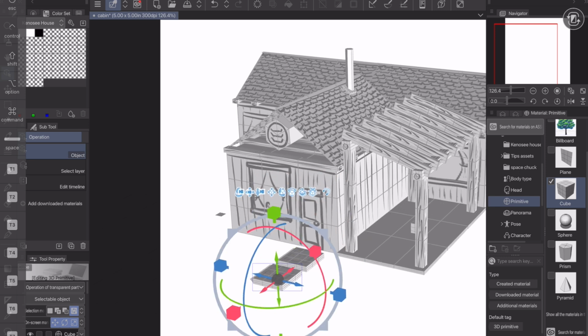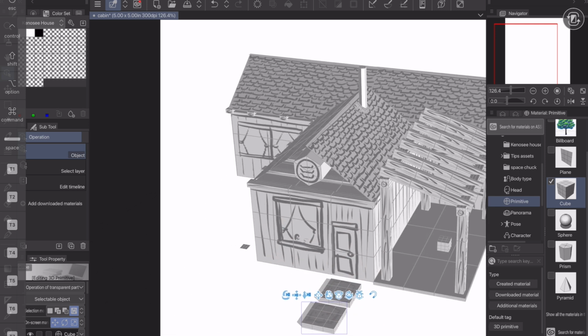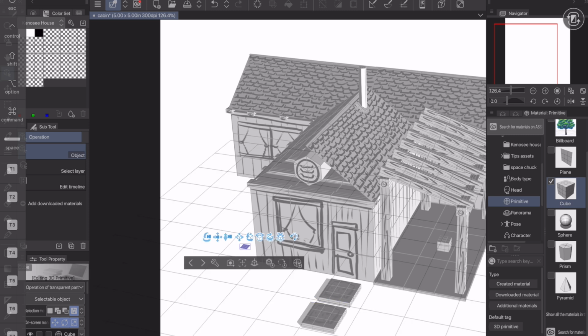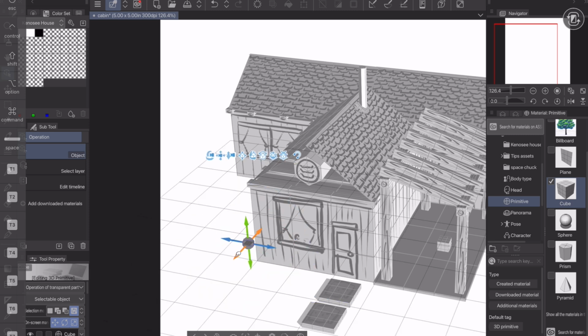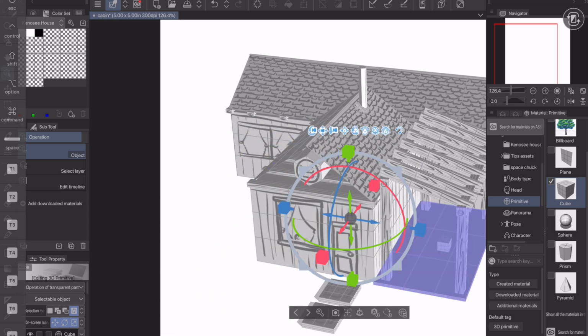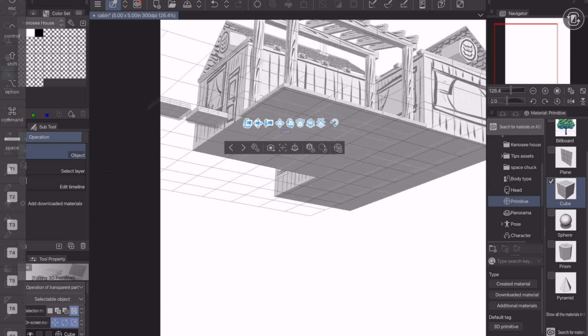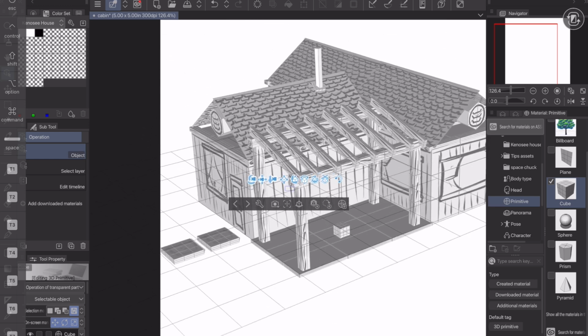Okay. What is this? I don't know what that one is. But we're going to hide it in the house. Now we never have to worry about it ever again. Okay, so now,